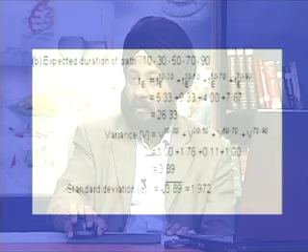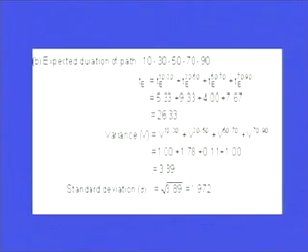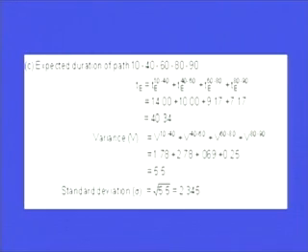Now this is for the expected duration of the other path, that was 10, 30, 50, 70, 90. Similar calculations have been done, and similarly this one is for the third path, 10, 40, 60, 80 and 90. Now you may ask why there is a difference, 10, 20, 30, 40, why the node numbers have been done as 10, 20, 30,